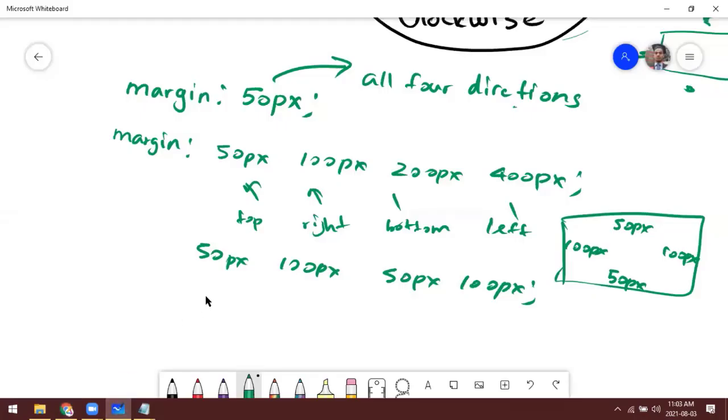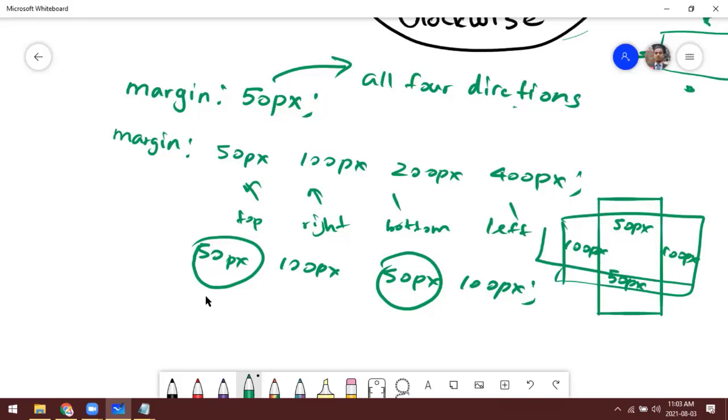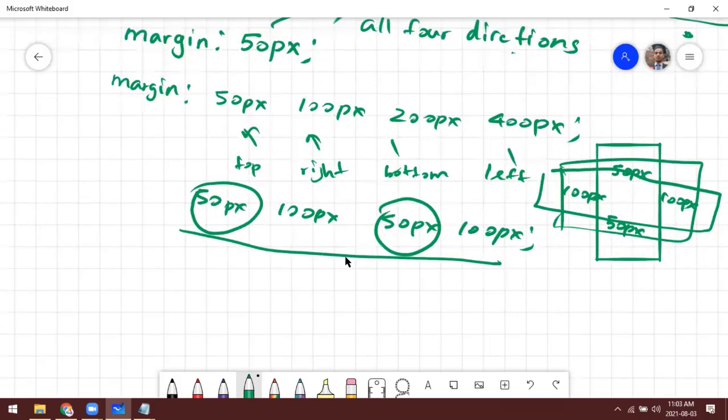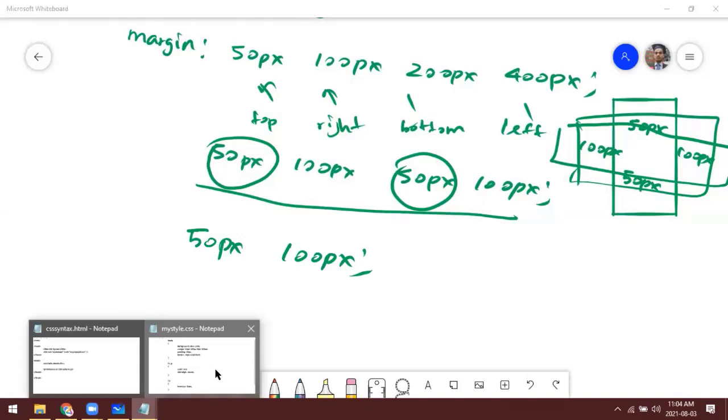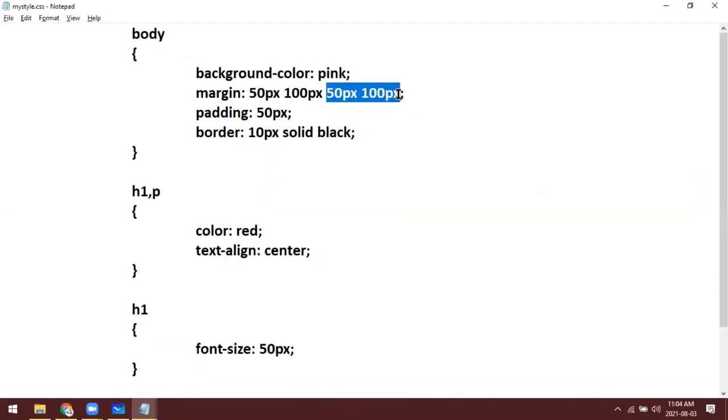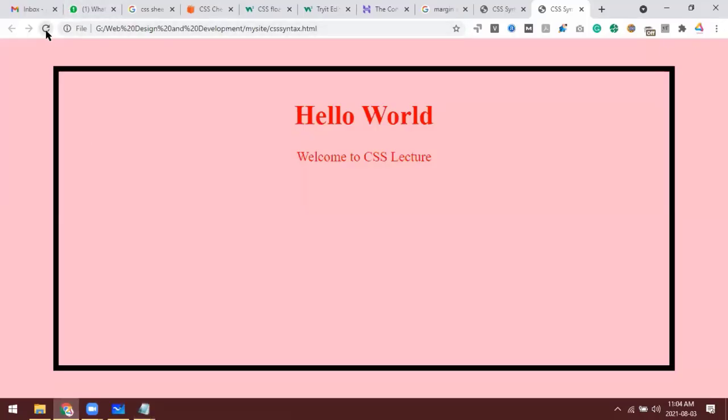But here, this is top, this is bottom, if you apply top and bottom same value, for the left and right same value, you don't need to do this way. This is also okay. There's another simple way: 50 pixel and 100 pixel. Now let's apply this and see what happens. Hopefully we won't see any changes. We see it appears the same way.